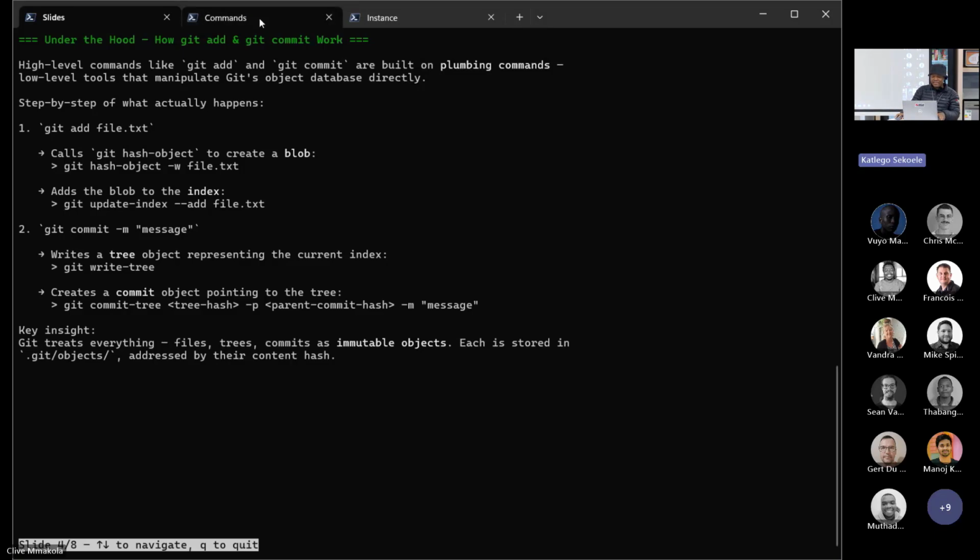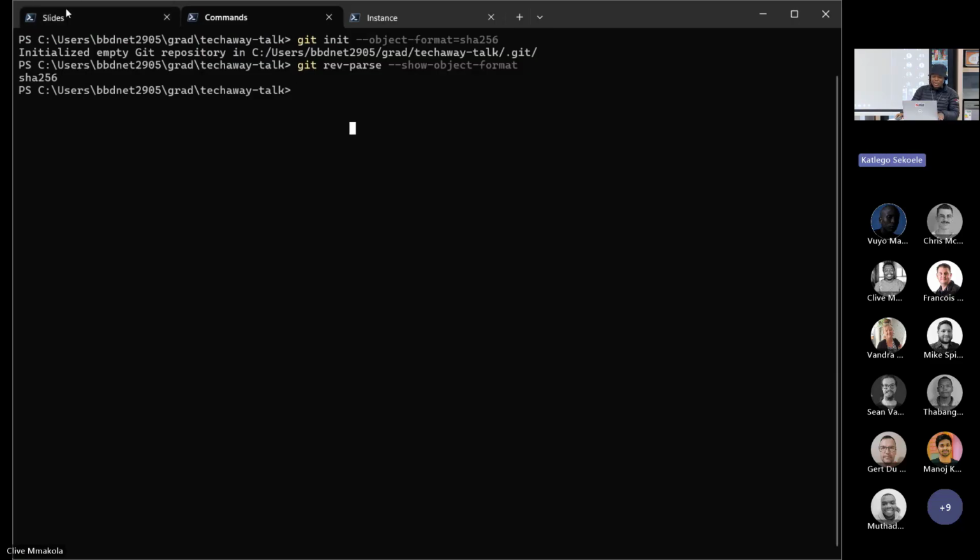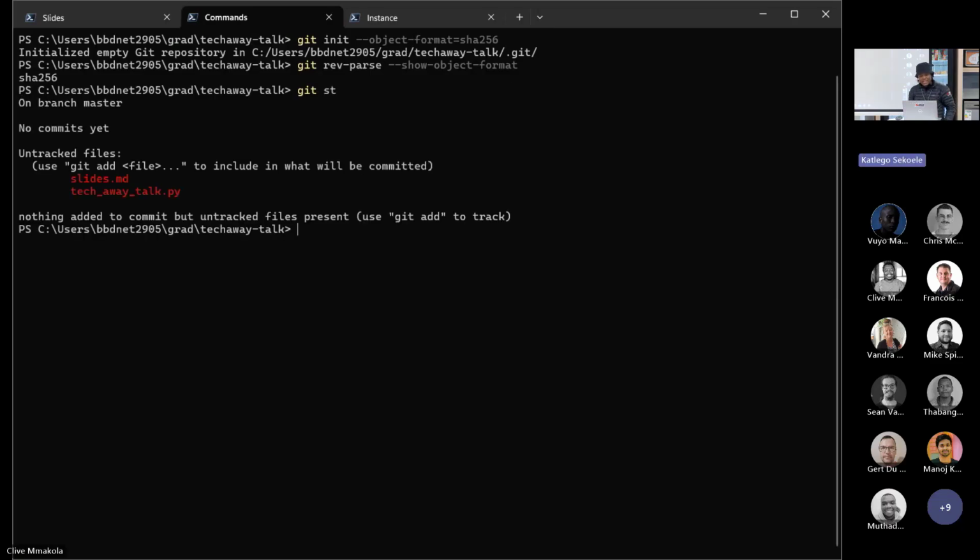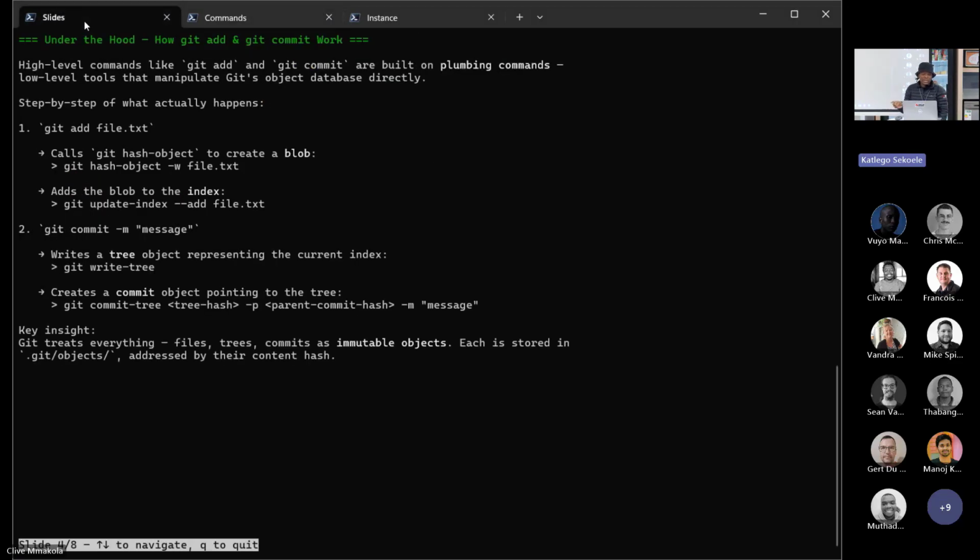So right now I have initialized this repo, and if I run git status, this is what I currently have in here. I can either git add or run the plumbing. Yes, damn it, they're called plumbing commands. So you can do it either way. You can do it with the porcelain commands, which is your git add, or you can do it with your plumbing commands, which are the commands that actually do the heavy lifting. And the porcelain commands actually use these plumbing commands in the background. So what I'm going to do